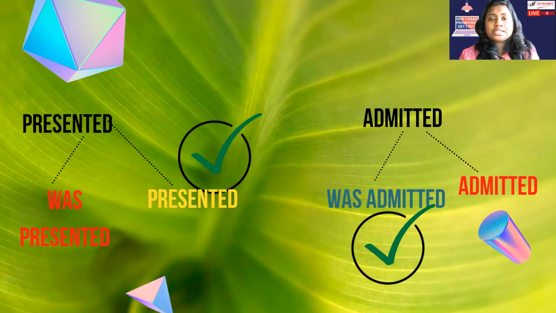If you are simply writing "he admitted", that means the patient admitted himself. That is a wrong usage, and when it comes to information also, it's wrong information. The patient was admitted to the hospital by someone else. That someone, we are not considering in our OET writing. We don't give importance to that, only to the patient and what they receive.